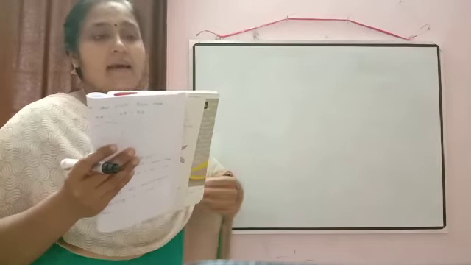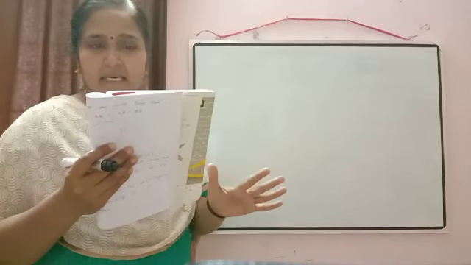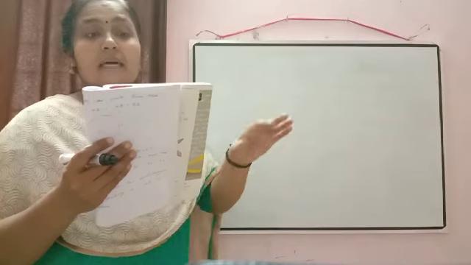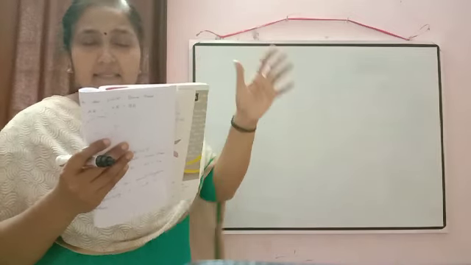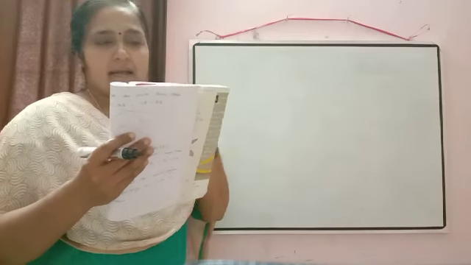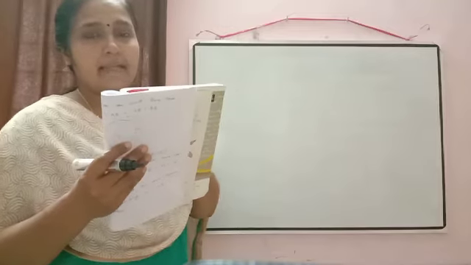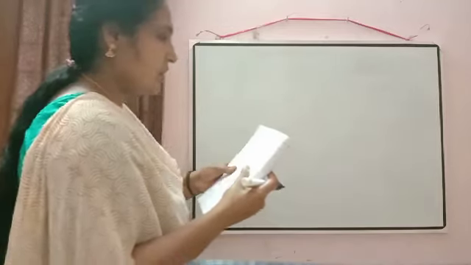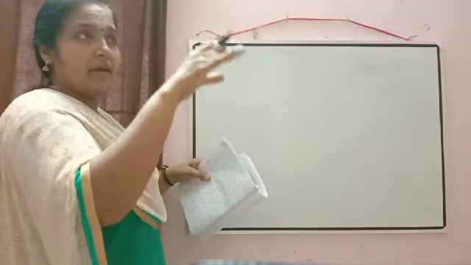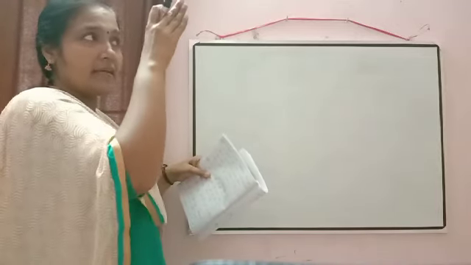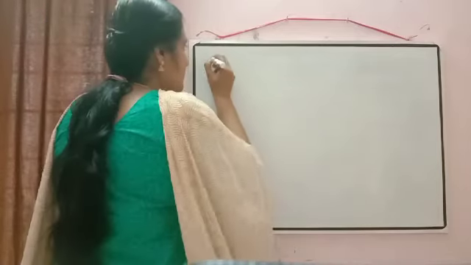So what is written here? Triangle ABC is an isosceles triangle in which AB is equal to AC circumscribed about a circle. So triangle ABC is outside the circle. Now what is written? Prove that the base is bisected by the point of contact. So triangle we have to draw outside the circle, not anywhere. We will draw the triangle in such a way that it should touch the circle. In this way it will come.